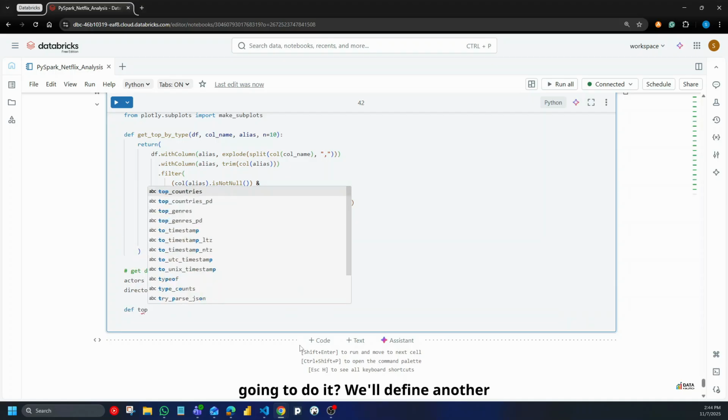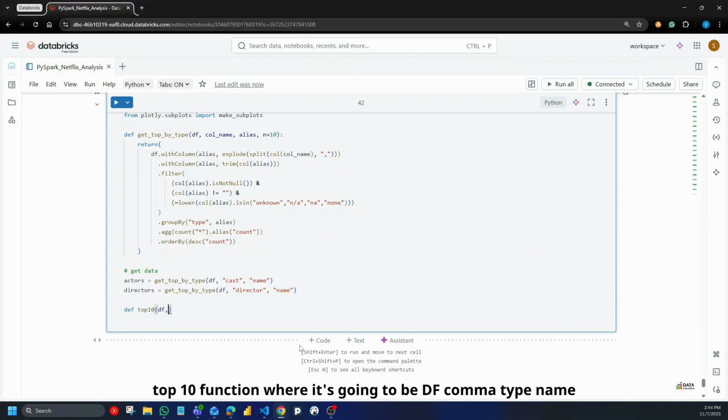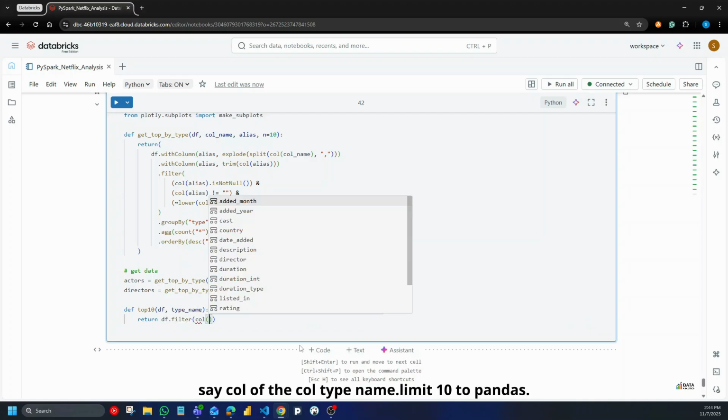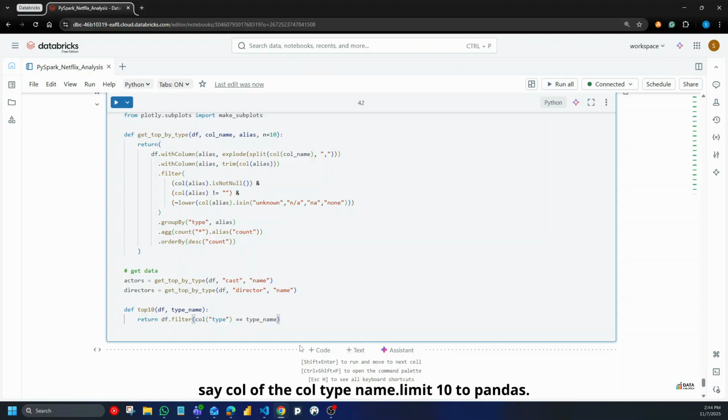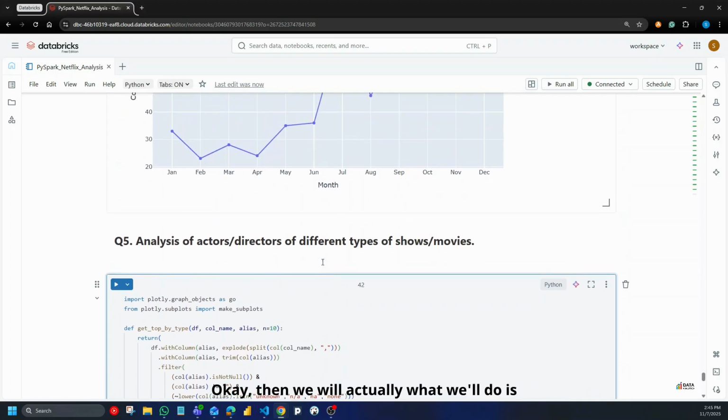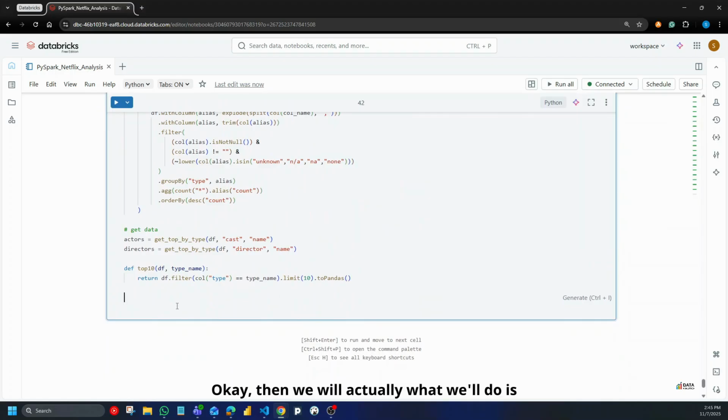We'll define another top 10 function where it's going to be df, comma type name, and then return df.filter, let's say the column type name, dot limit 10, to pandas. Okay, then what we'll do is